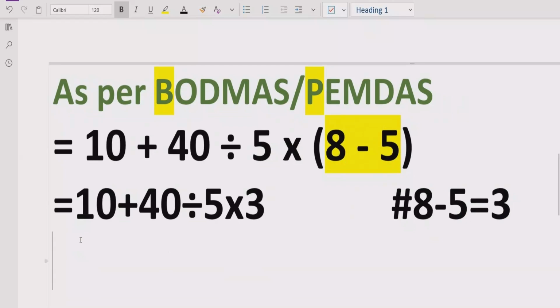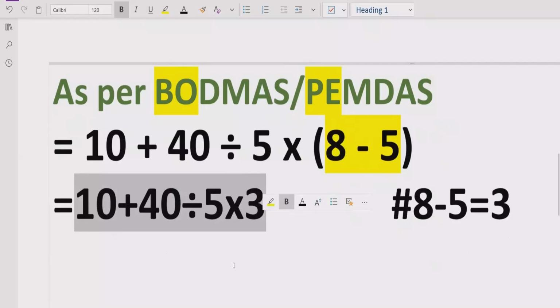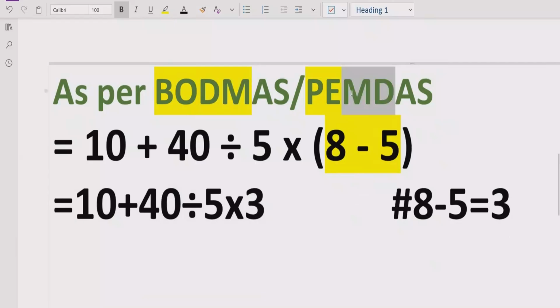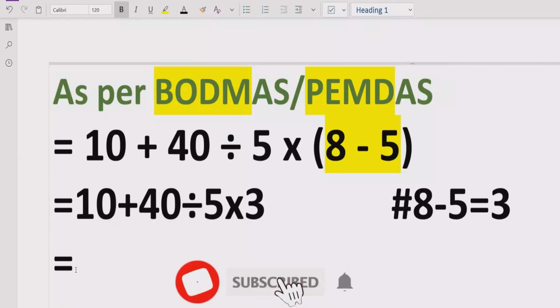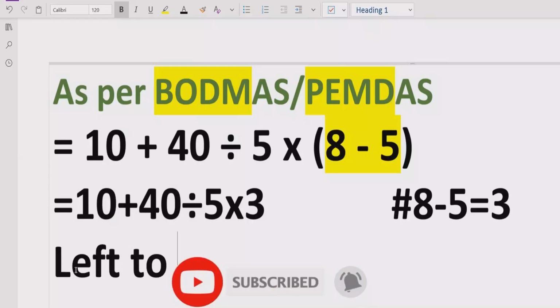Now move forward. Step number 1 we have solved. Now we have to go for step number 2, which is exponent part or order of operation. But in this expression, we do not have any number which has the power. So we can skip this step. Now move forward for division and multiplication, or you can say multiplication and division. So what we have to do, we have to go left to right in this expression and find out